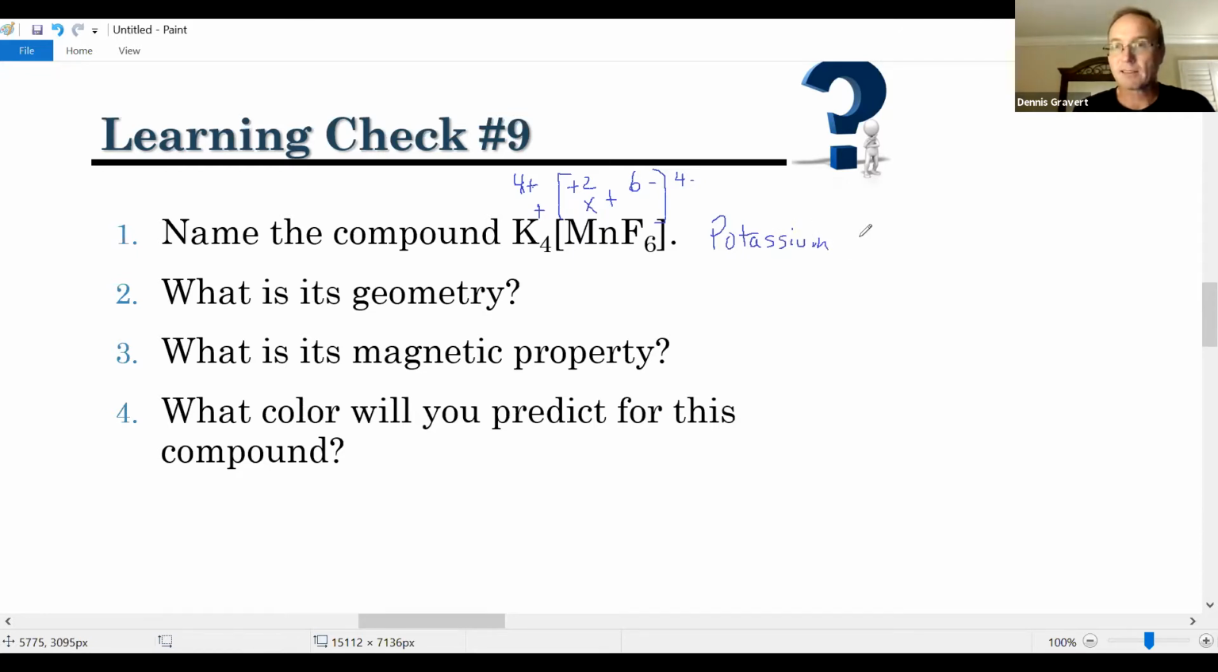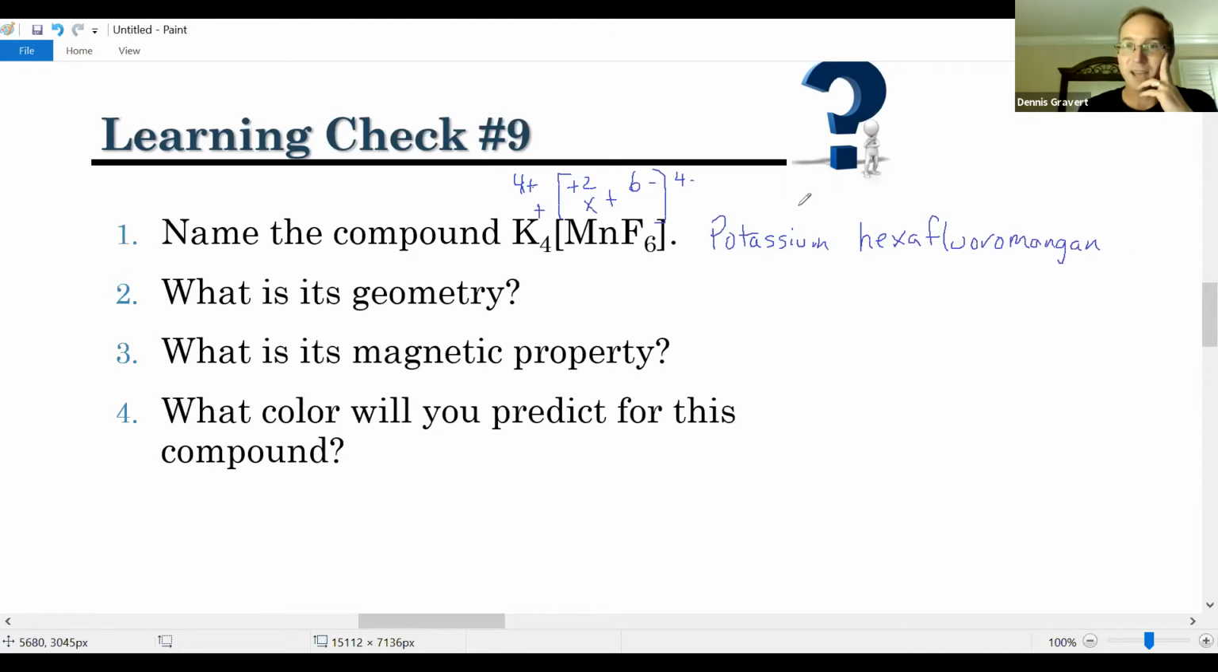And then the name of the complex, the stuff in brackets, alphabetical order of the ligands. Well, there's fluorine or fluoro. There's 6 of them, so you have to say hexa. 6 fluorines, hexafluoro. I got that memorized. But if you go back and look at the top of the exam, you'd see F minus, the name for that is fluoro. Go to the periodic table and get manganese, but